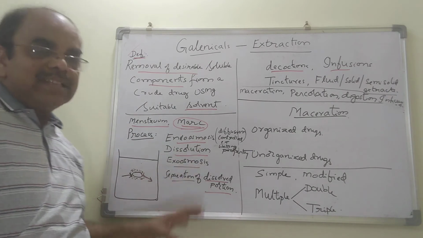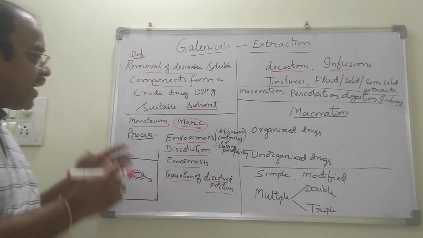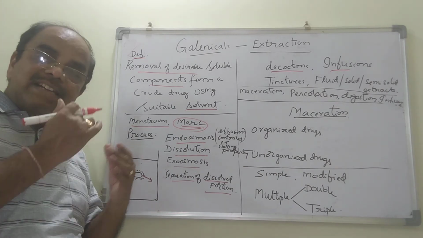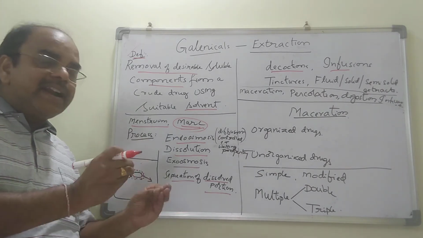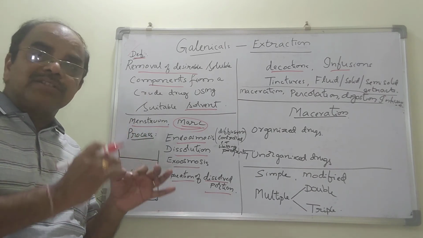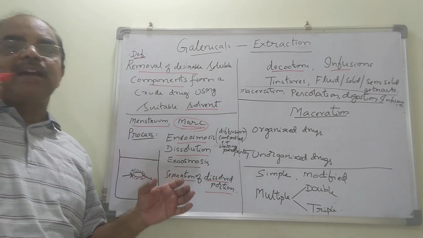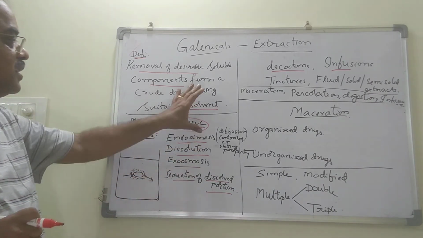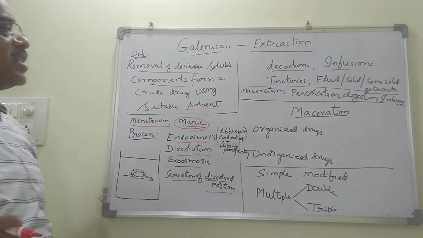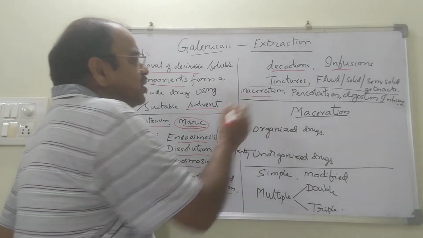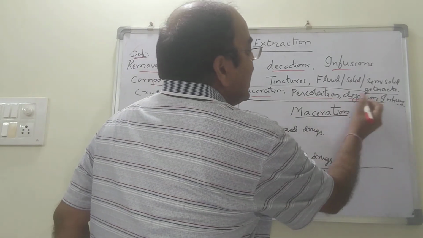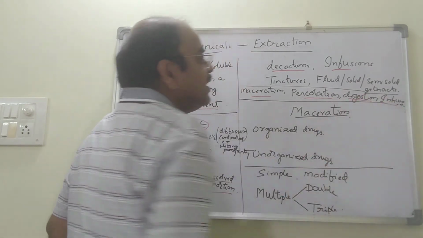Okay, this is the basic principle, and we can influence it. The endoosmosis process can be improved, and extraction efficiency can be improved by creating some vacuum, so that whatever air is inside the pores and capillary cells comes out. So this is the basic principle in the process of extraction. What are the various methods? I told you: maceration, percolation, digestion, and infusion.